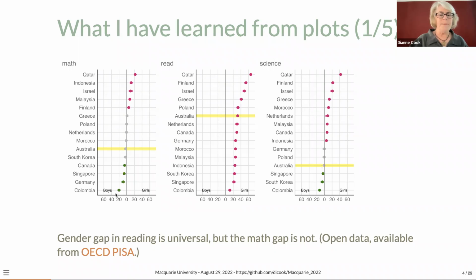And down the bottom here, countries where boys scored better than girls on average in math. So Colombia, Germany, Singapore, and Canada. There are a lot more countries where boys score better than girls on math. But the key thing here is it's not universal. In some countries, girls do better than boys on average. And we put so much emphasis on boosting girls at math. I don't see anything wrong with that. But the thing is, it's not